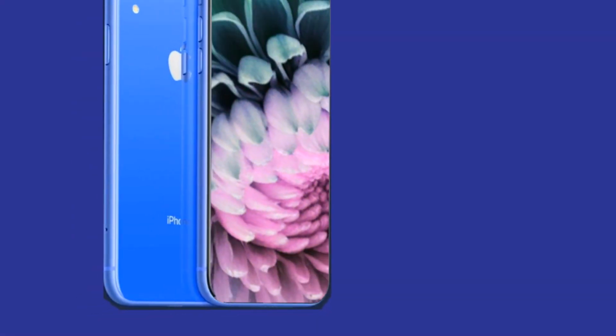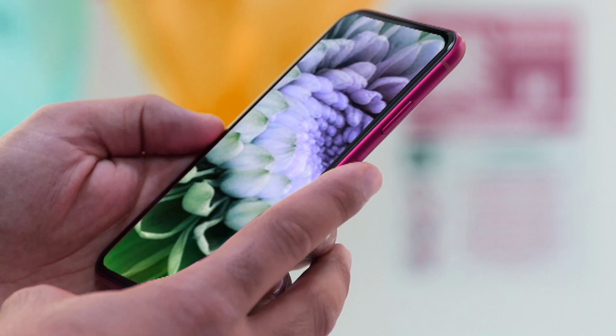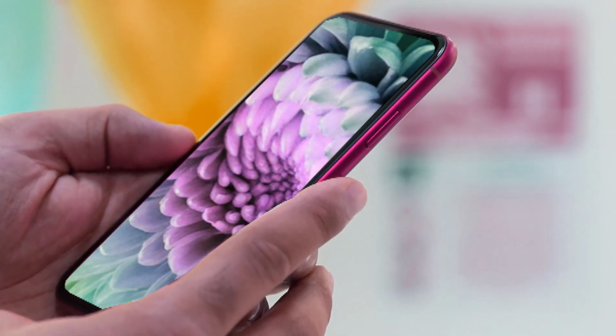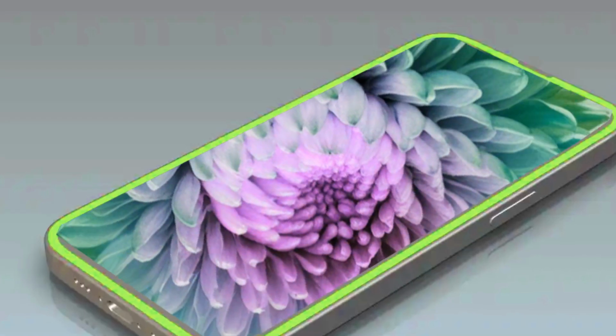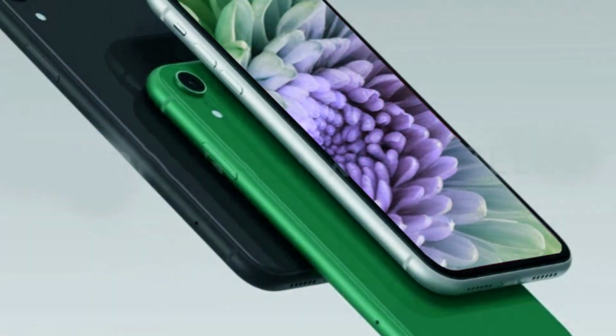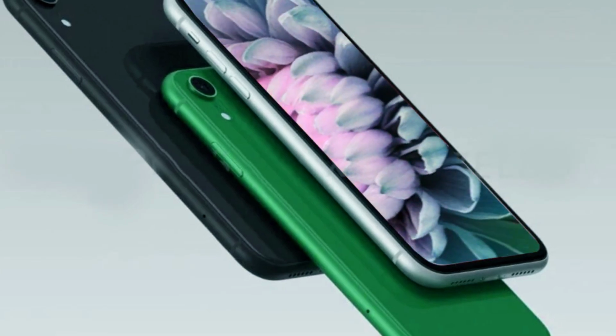The sleek design is expected to come in a variety of color options, catering to users who love a stylish and modern look. Camera capabilities. Apple is making significant strides in the camera department for the iPhone SE 4. The device is rumored to feature a 48-megapixel rear camera with autofocus and an LED flash, bringing high-resolution photography to budget-conscious users. On the front, users can expect a 12-megapixel camera equipped with SL 3D sensors, ensuring crisp selfies and